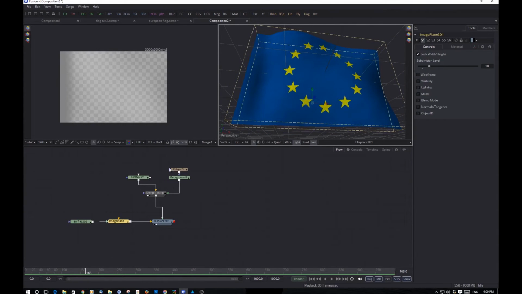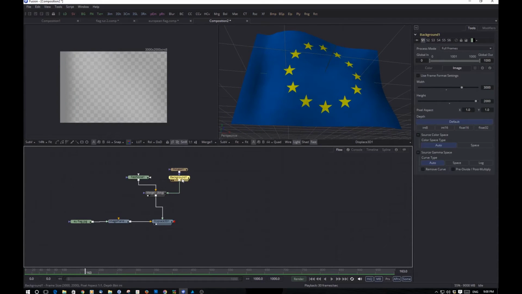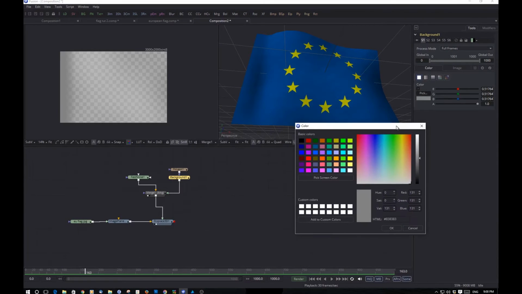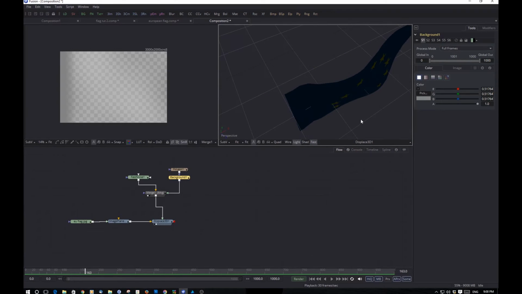Now the way I do that is basically, remember the polygon we made in the background? Let's have a look at the background color. Basically, as I said, if you want things to be moved forward, they need to be whiter. If backward, they need to be darker. So in this particular case, we want to move it